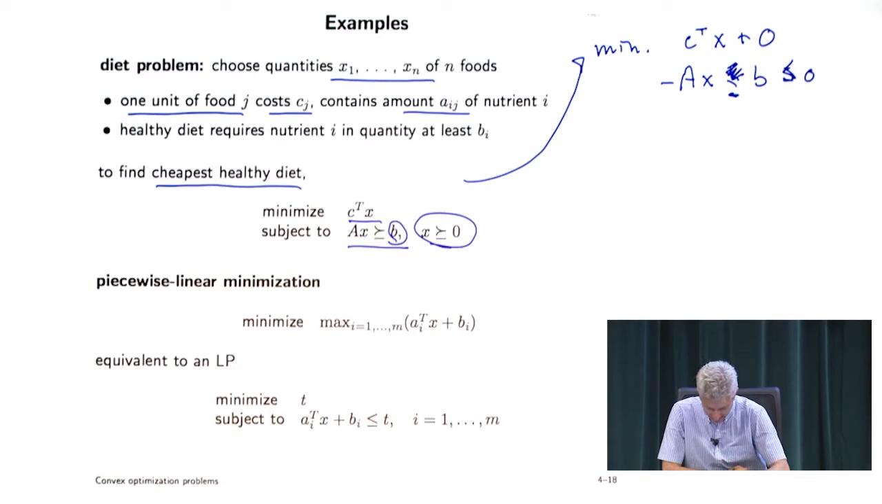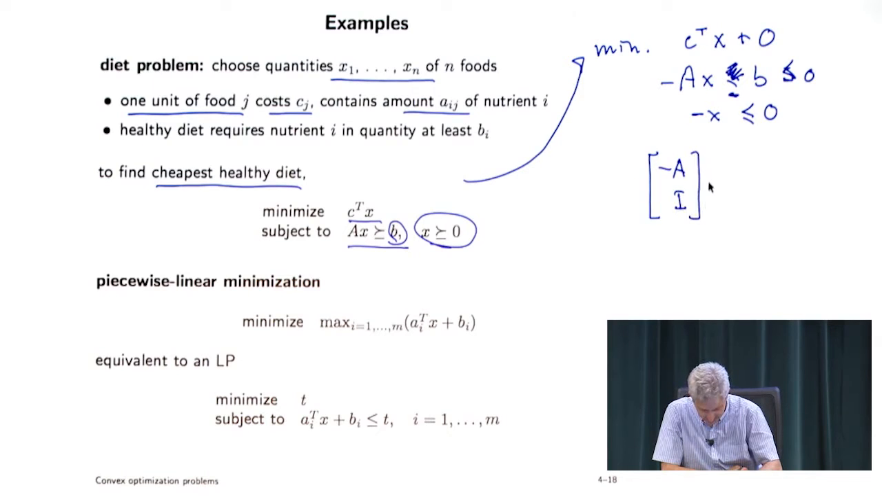And then I can write minus X. Minus X is less than or equal to 0, right? And I'm still not done. I mean, this is kind of goofy, but let's just do the last step, and then we'll quit on this problem. So the last step is I would write that whole thing together as minus A and I times X